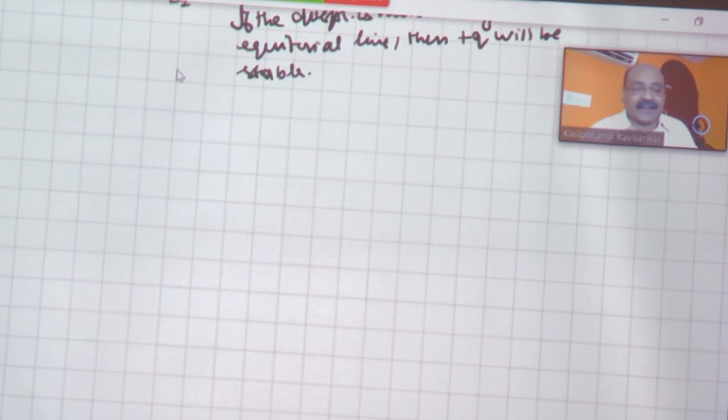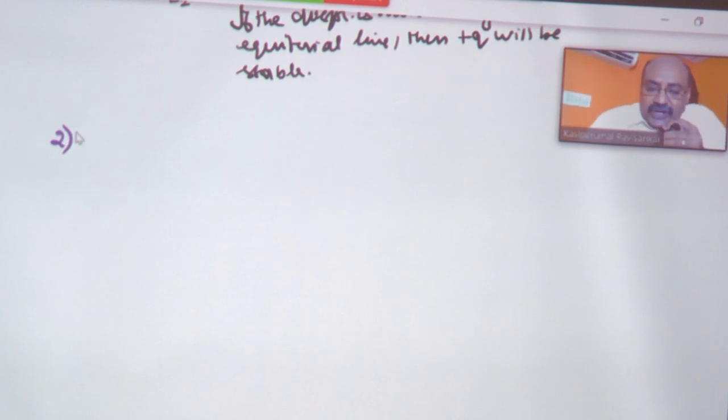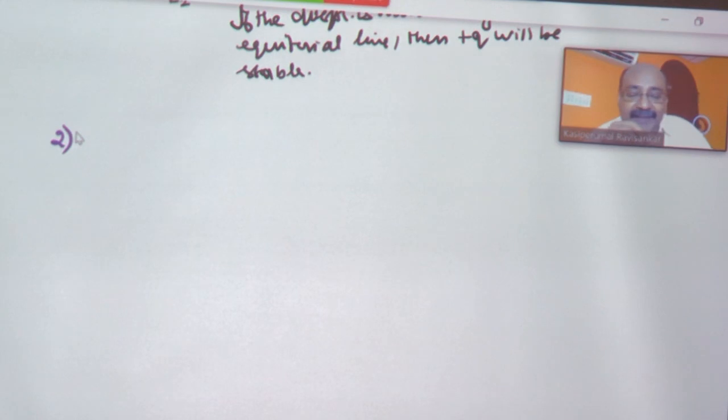What is the second question? Let us move on to question number 2. Go through the question. Which charge configuration produces a uniform electrical field? A uniform electrical field can be obtained with the help of two parallel charged plates or a uniformly charged infinite plate. So from the given options, the answer is option C.